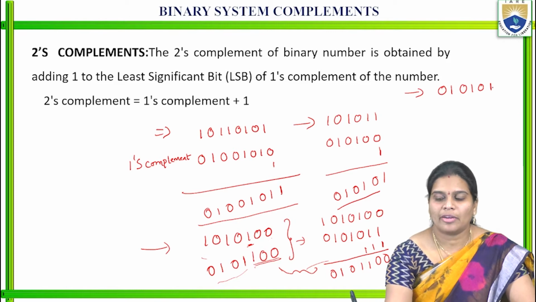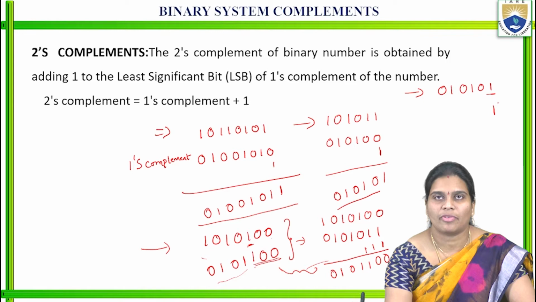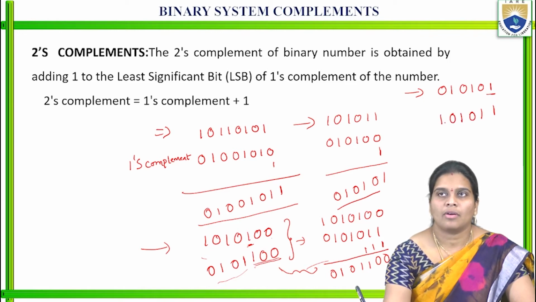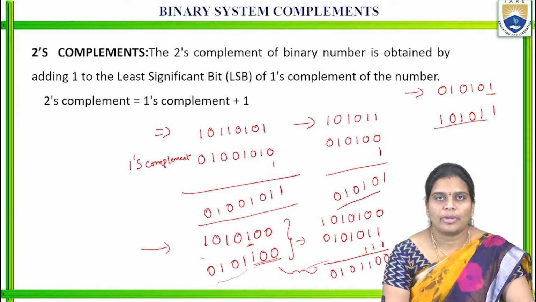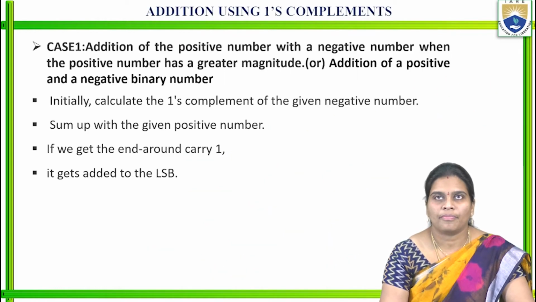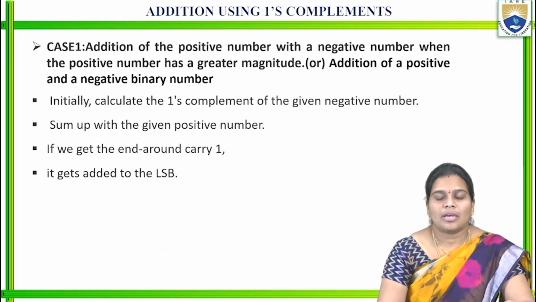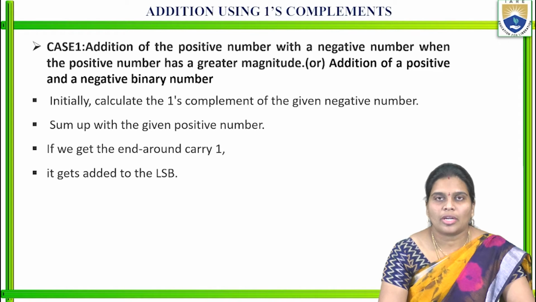Okay, so here we are having in the first digit number is the 1 only. So write it as it is. So the remaining digits we are applying the ones complement. So this is the 2's complement. Okay, this is the ones complement and 2's complement of the basic procedure. So here addition using the ones complement or subtraction using the ones complement.